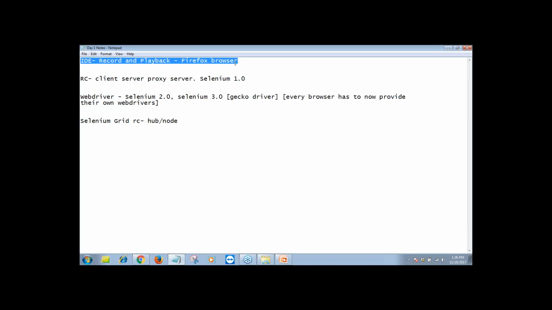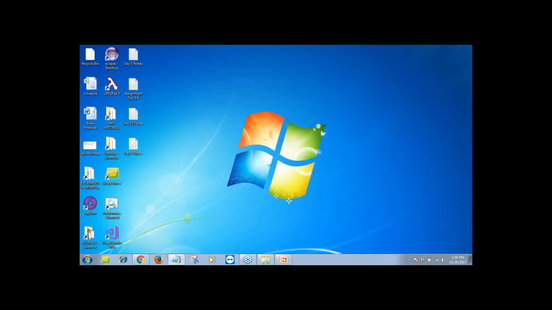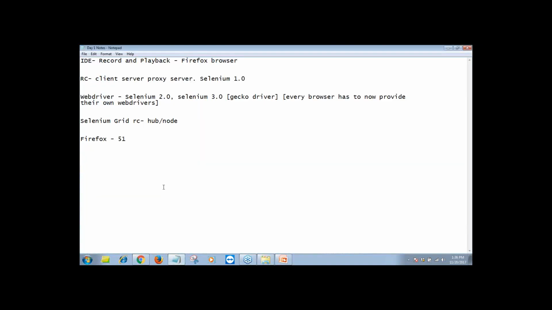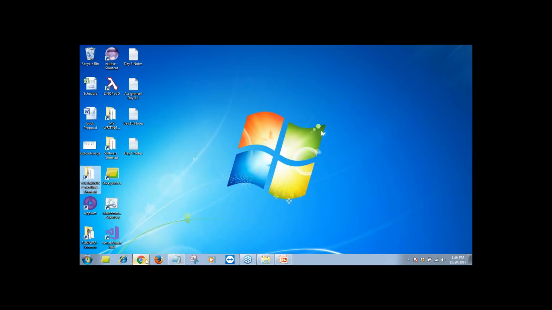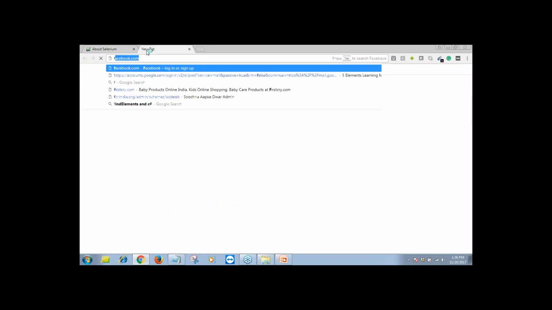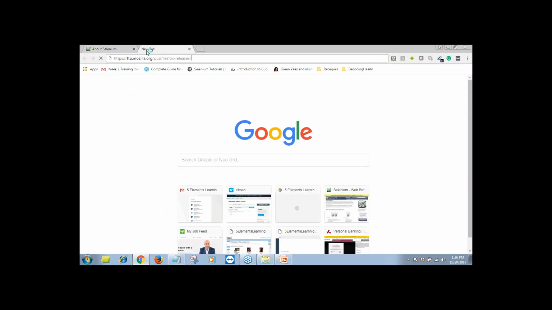Out of them, these three components support all browsers and operating systems. This one only supports the Firefox browser. So to work with IDE, the Firefox version we should have available on our system is Firefox 51. No Firefox above that will support IDE. So if you have a newer version of Firefox, what you have to do is uninstall that version and go to this website